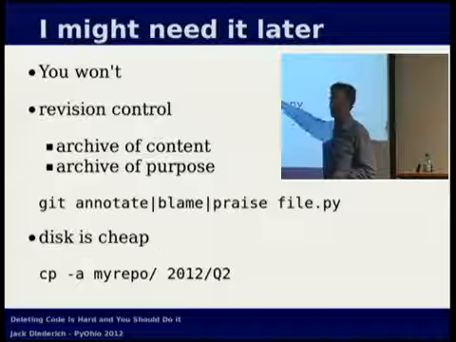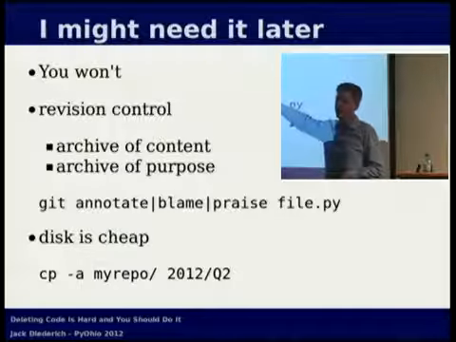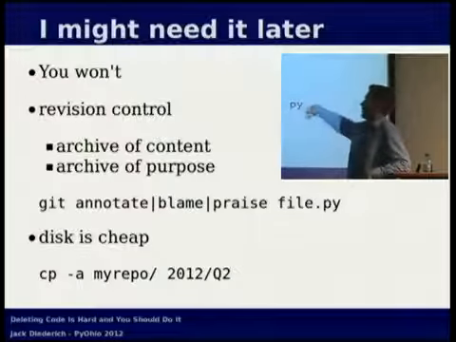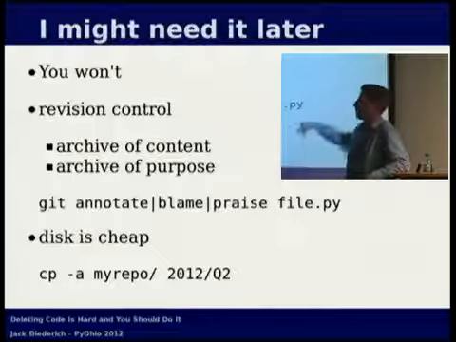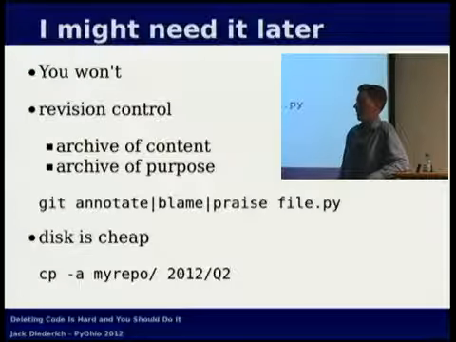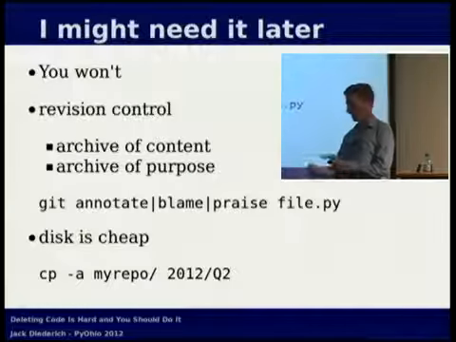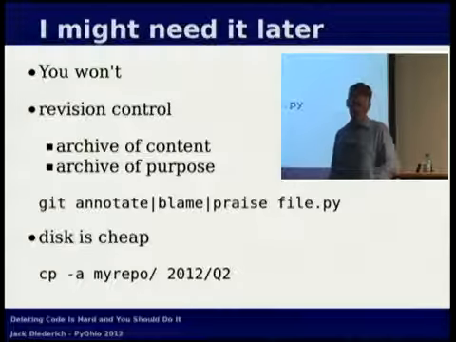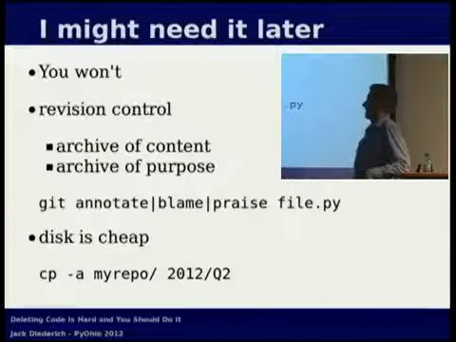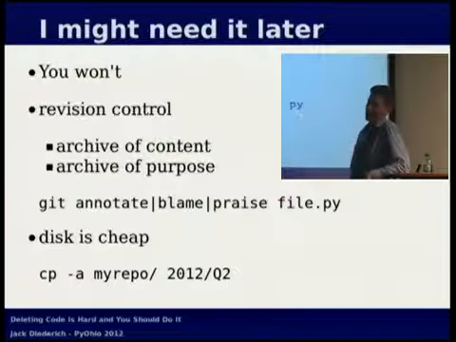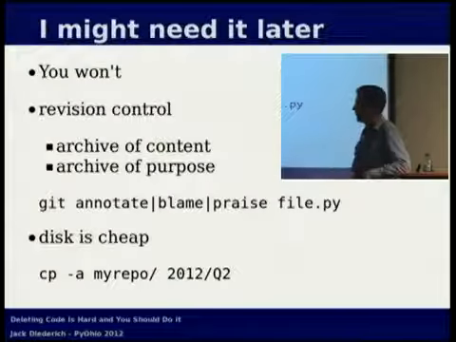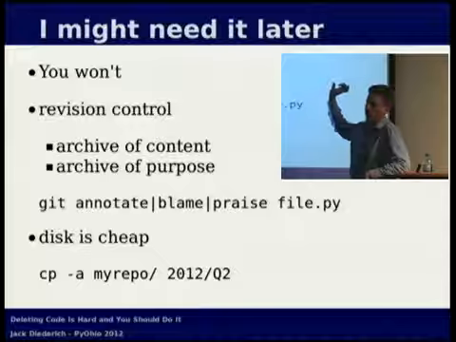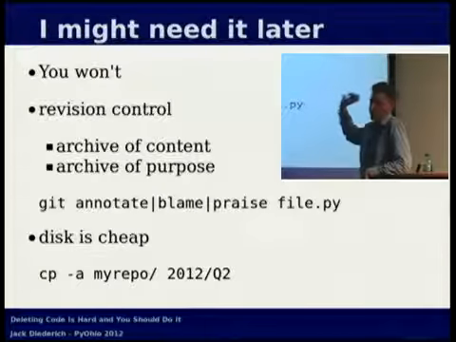So revision control is great for archiving purpose. Before you delete a line, take a look at the logs. Git annotate, blame, praise are all synonyms. Actually, praise isn't, because Git's hostile. In RCS, CVS, SVN, BZR, these are all synonyms. For some reason, Git decided that praise didn't fly. So git blame is usually the quickest thing to type, but it works for BZR, SVN, and everything else as well. It'll show you the hash of the last commit that something was changed and who did it.